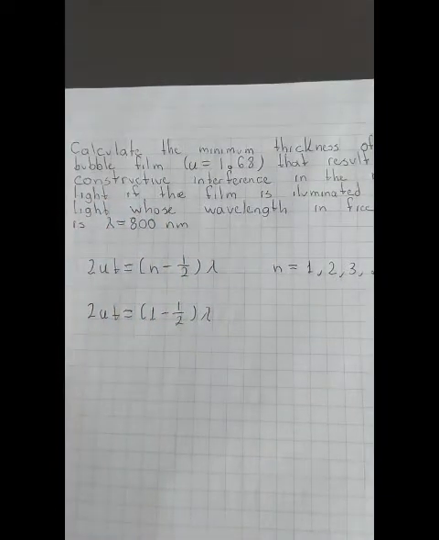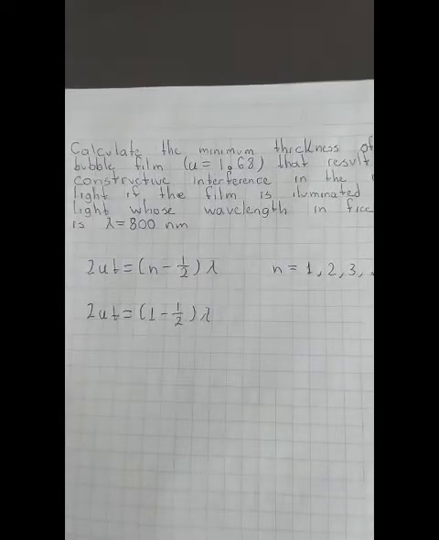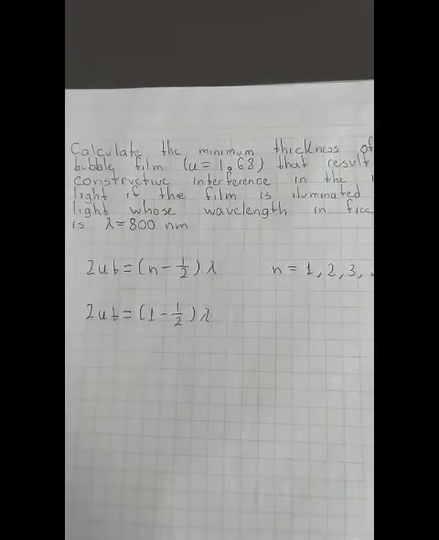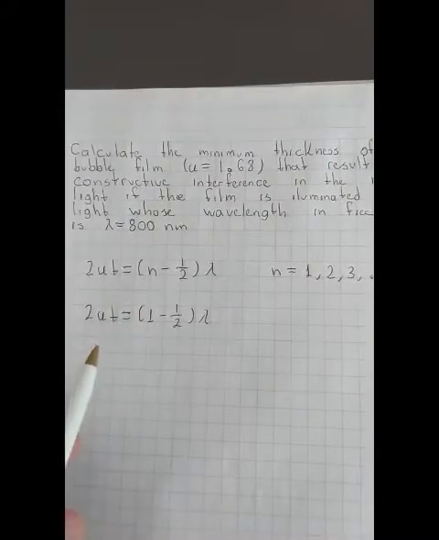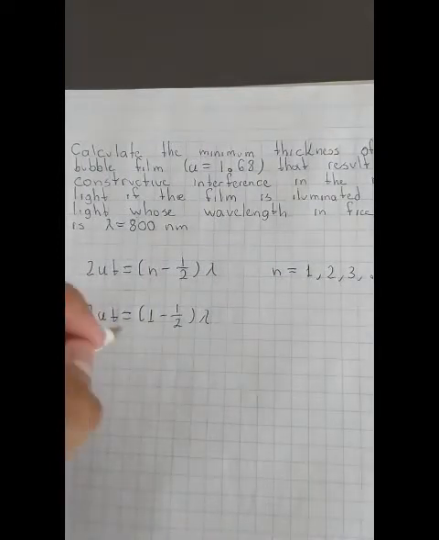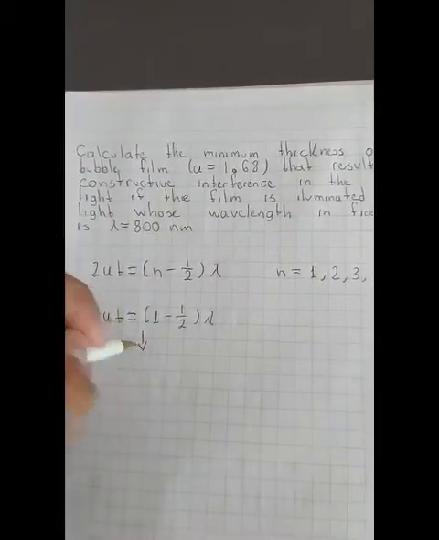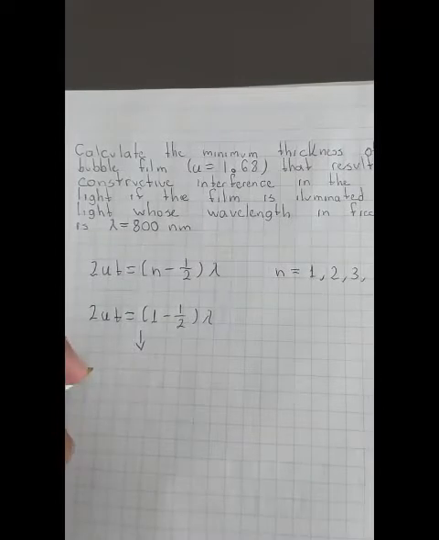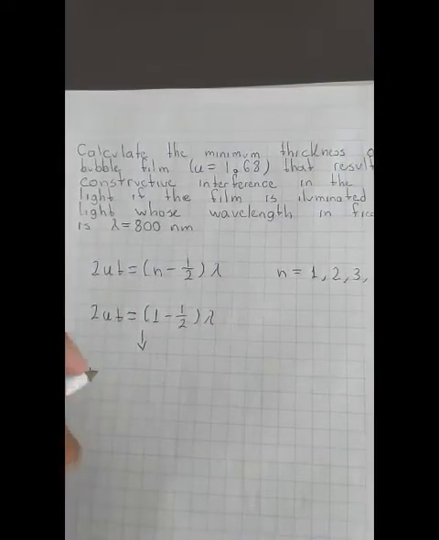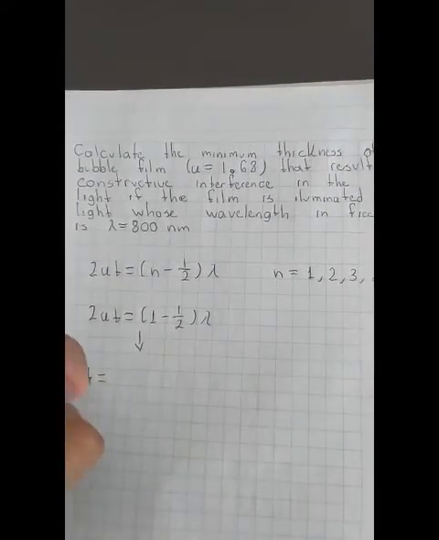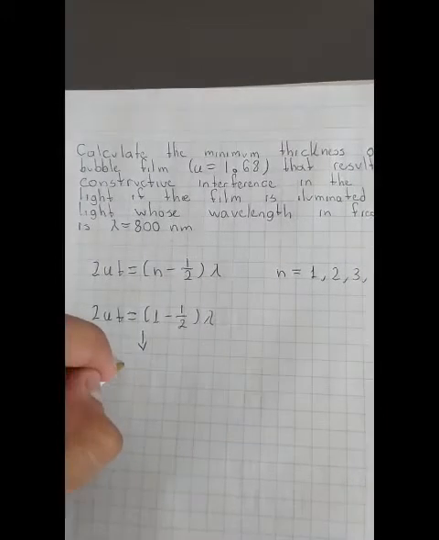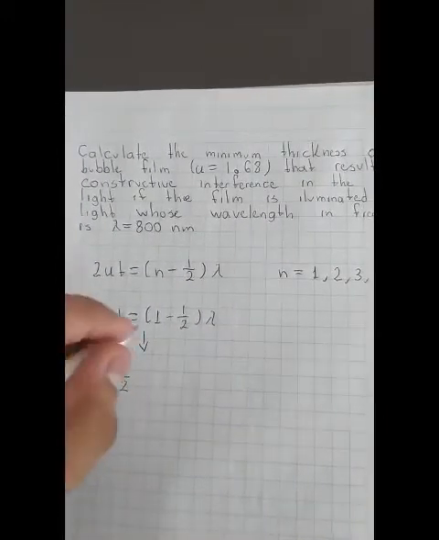And what we have to do right now is to clear the formula so we can have the thickness of the bubble of soap, and it will be like this right now. Our thickness will be equal to 1 medium